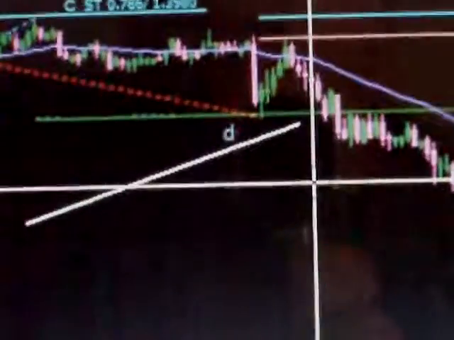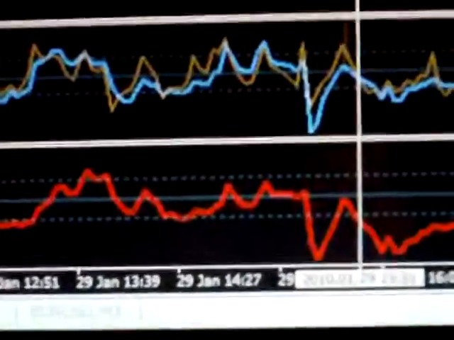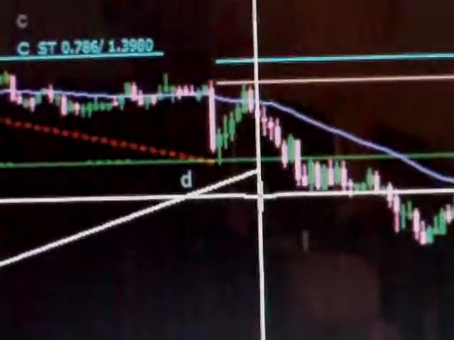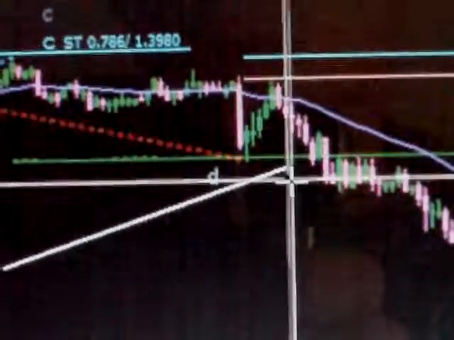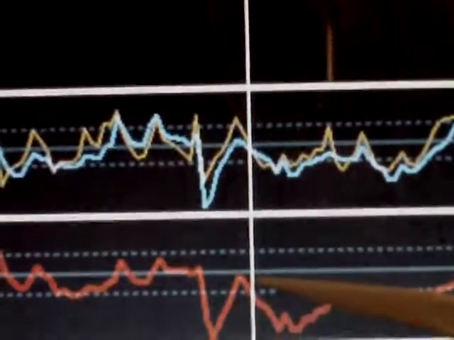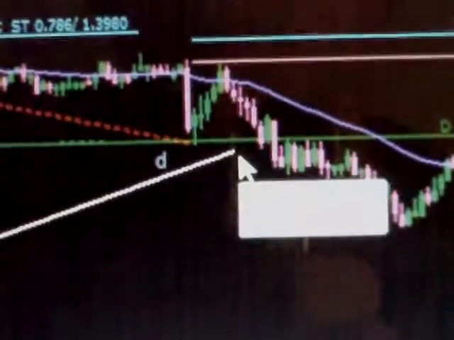And all through this time, because there was conflicting two steps, there's a lot of sideways action, and CCI on the larger time frame kept us out of this chop, because although the 3-minute did trigger a bunch of different short and long triggers, we really didn't get the lineup of multiple time frames until this point here, with the 3-minute showing a zero line reject. So that's the power of the multiple time frame